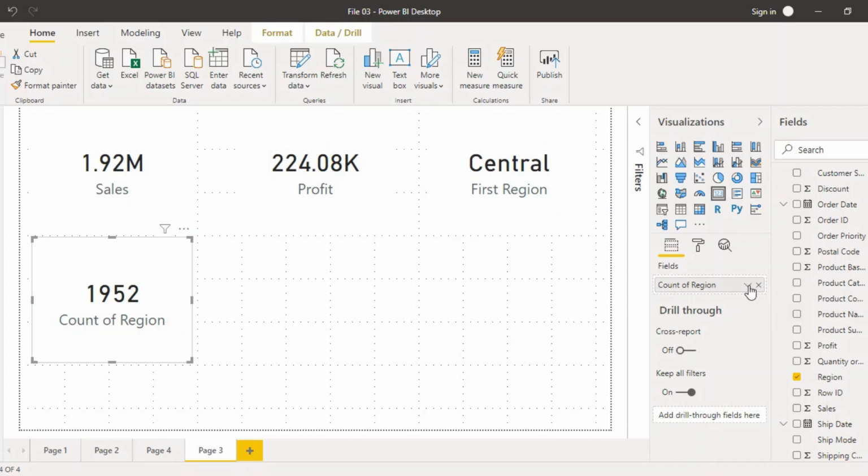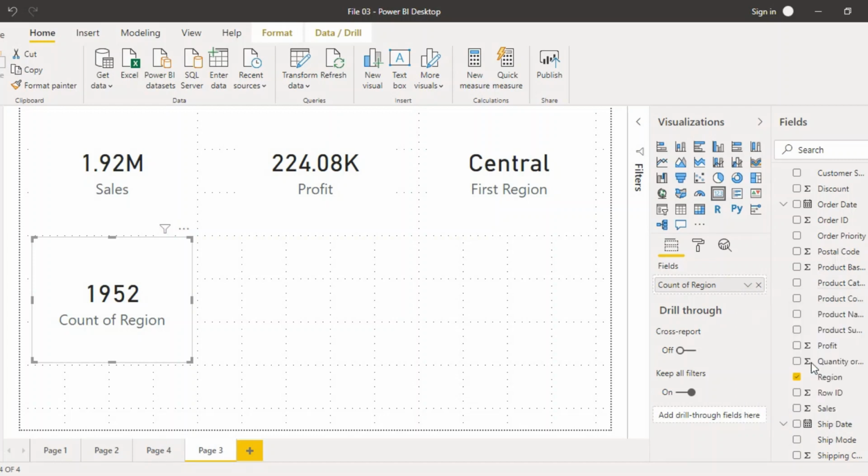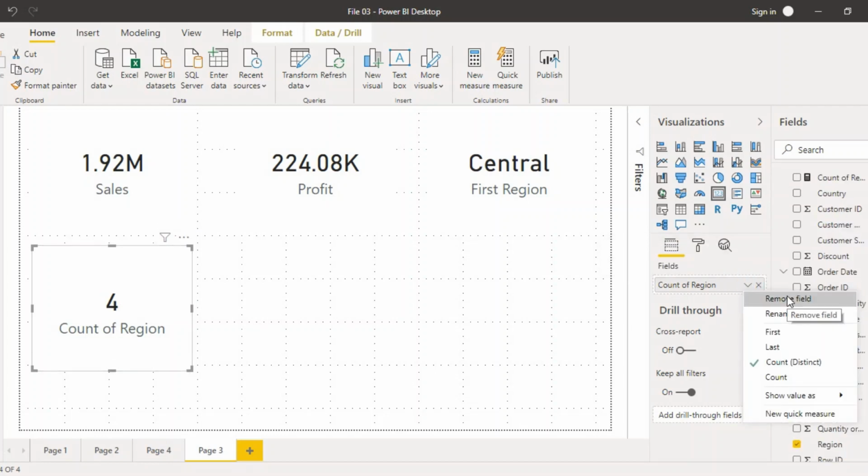Or if you want to see how many regions there are, then you can go with this count distinct option, and what will it do? It will show you the distinct count of the region, that is how many regions were there. So actually there were 4 regions, I think, must be central, east, west and south. Yes, there were 4 regions that we got in the chart. So this would give us the count of the regions. If you want to know, you can get the count of any of the data that you want.